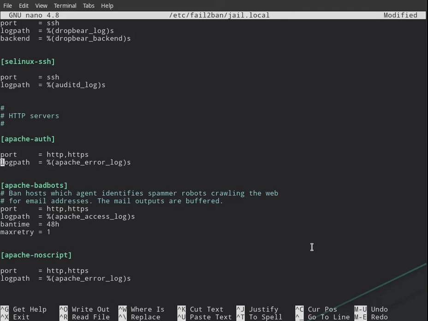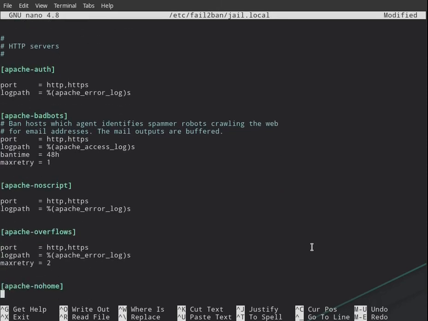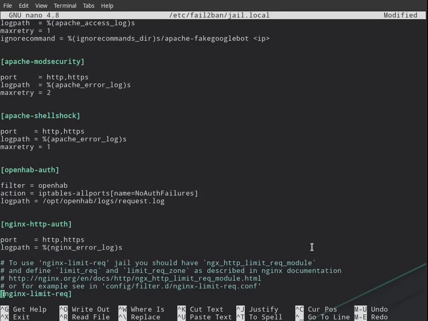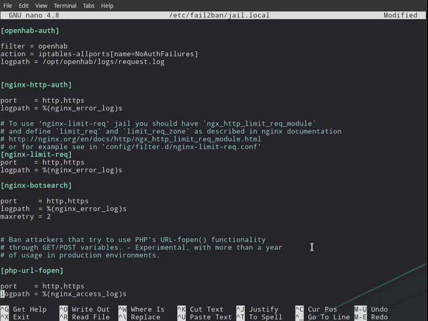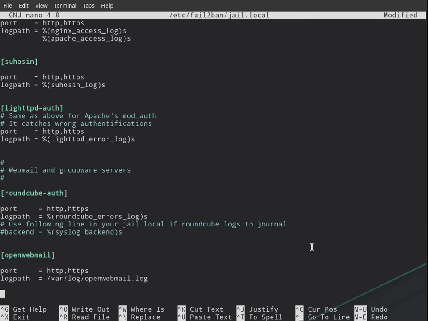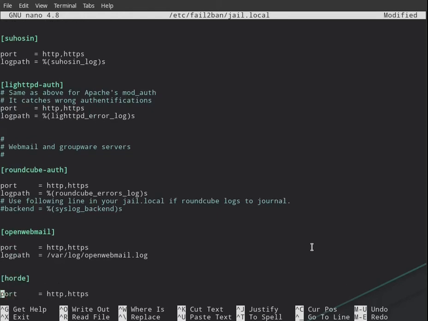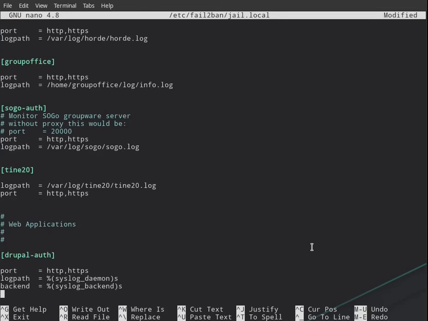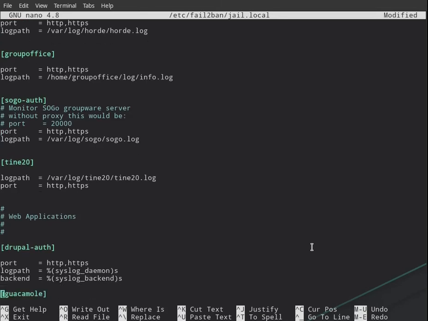If you have an HTTP server on here, this will actually watch those error logs. And if somebody is crawling your site, it will block them. If you're a bad bot, it will block them. All these wonderful Apache settings, they're just gorgeous. I love them. So you can see that it's very powerful in what it can do. You can set up all kinds of new things. If you've got webmail set up, it's got some very nice default settings that are applicable to